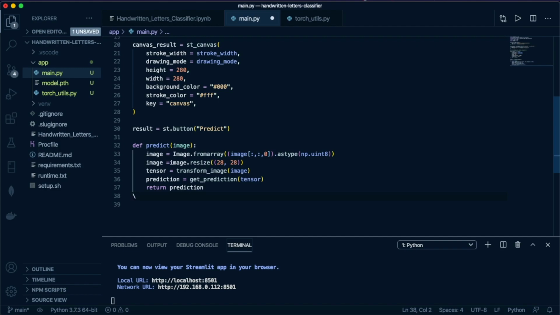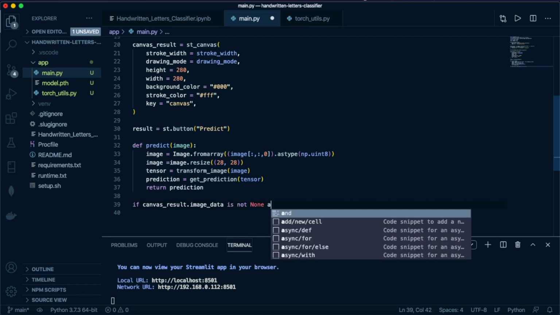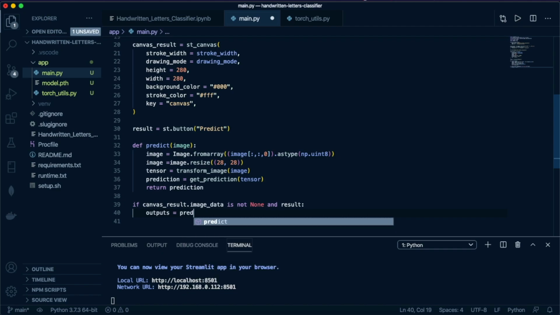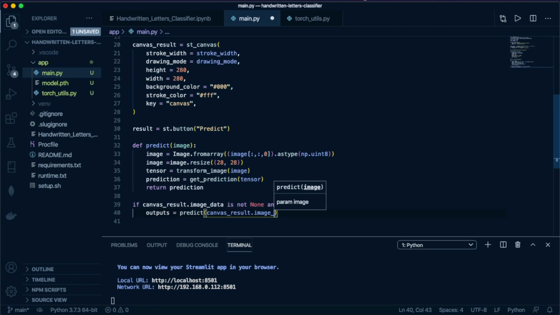Okay, so now what we want to do is keep a check. If canvas result dot image data is not none, that is, the user has drawn something, and result, which is true, that means the user has pushed the predict button, we'll say outputs, and we'll get our predictions from the predict function. We'll pass in the image data as an argument over here, which will get converted,